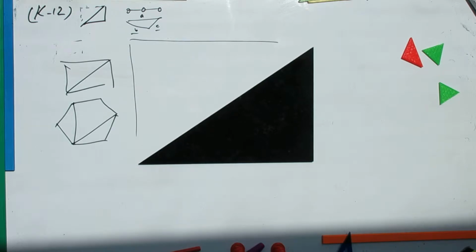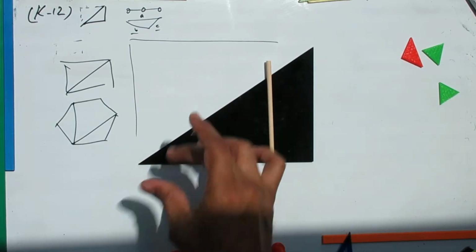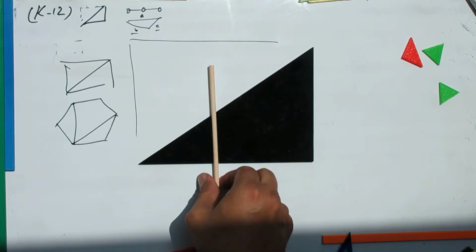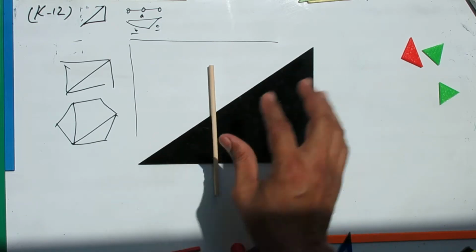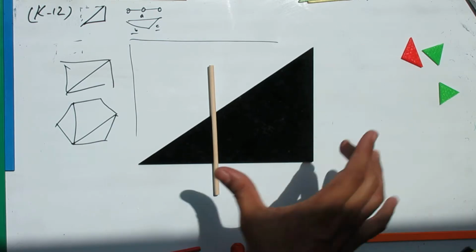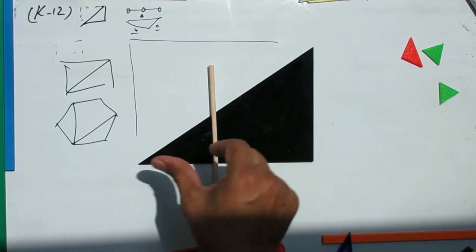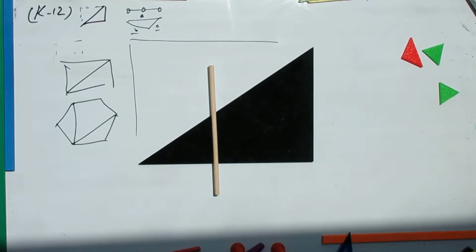It has a very interesting property. If I cut it here, I get a similar kind of triangle. If I cut it here, the smaller triangle is a similar child of the bigger one. The ratio I find over here and here is the same ratio I find here and here. This is a tremendous property of the right angle triangle, which is the first